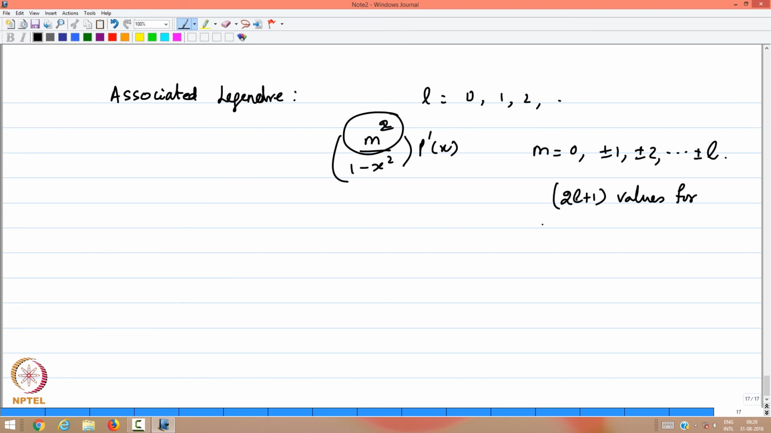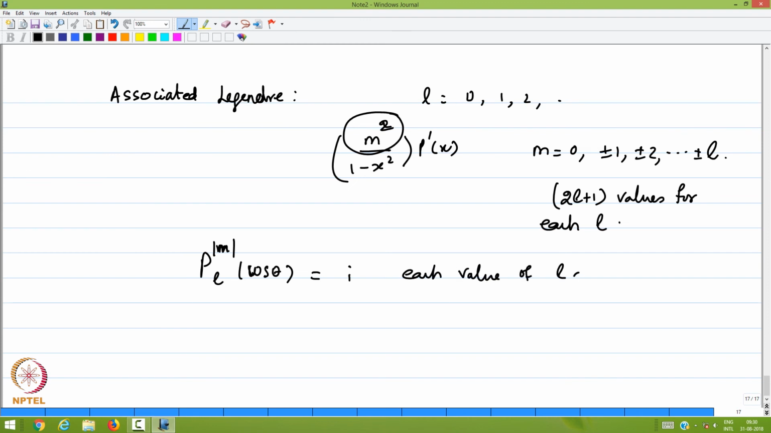for each L, and such a polynomial is usually written in terms of PL, and you write it with the magnitude of m, cos theta, and those polynomials are of course now obtained in exactly the same way. And let me just give you the final result, that PL m cos theta are given as follows. Let me write them down for each value of L and m. So, P 0, of course, when L is 0, m is 0, this is 1, okay, trivial. P 1